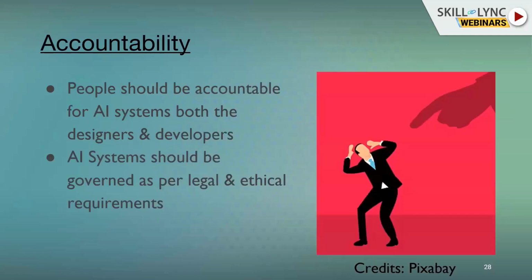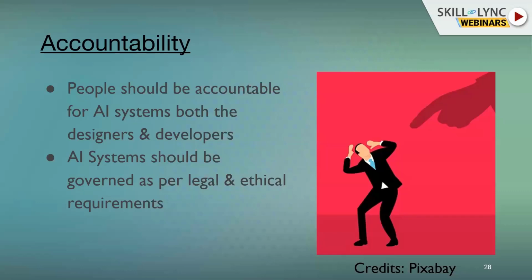The final thing is accountability. The AI system should be governed as per the legal and the ethical requirements. Meaning, if there is a set of legal rules, we should make sure the AI systems follow these rules, and it also applies from the ethical point of view. So we can't create an AI system which can diagnose a person who is going to enter a boxing match and find his weakness and just hit it on the weak spot, because ethically that would not be correct.